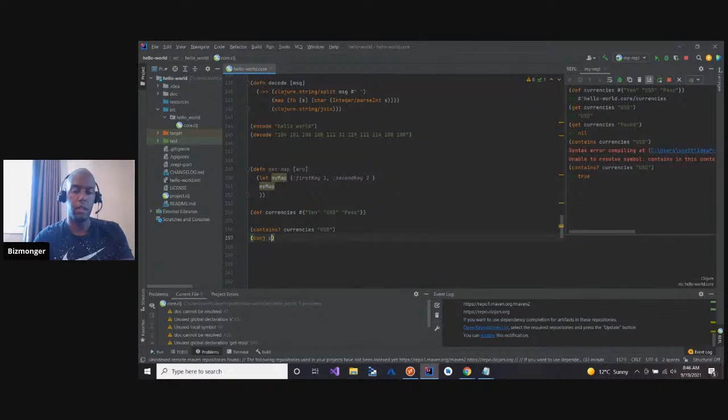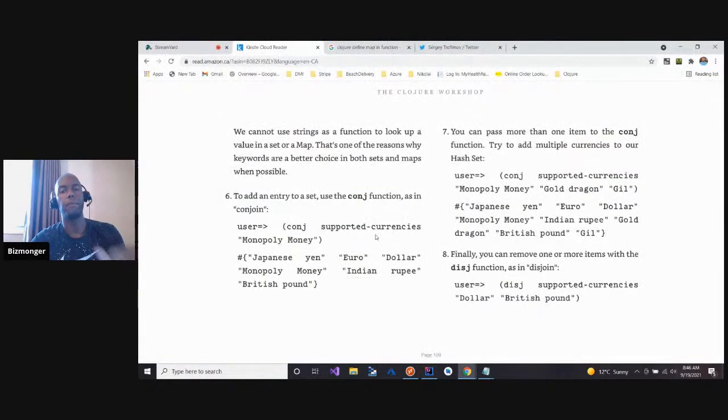Conjoin currencies, and we're going to say Bitcoin. So conjoin is when you want to add another item to a set.